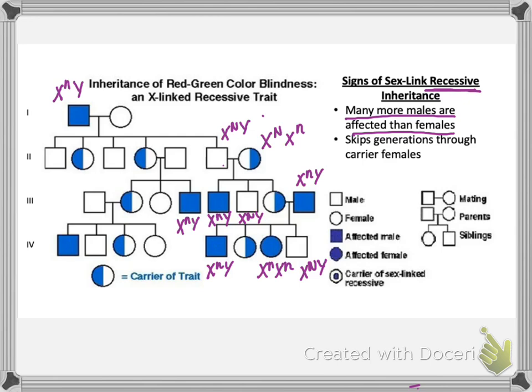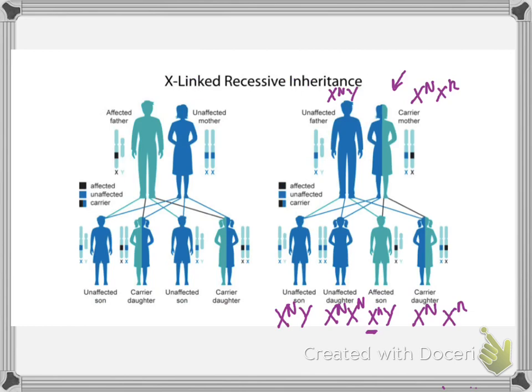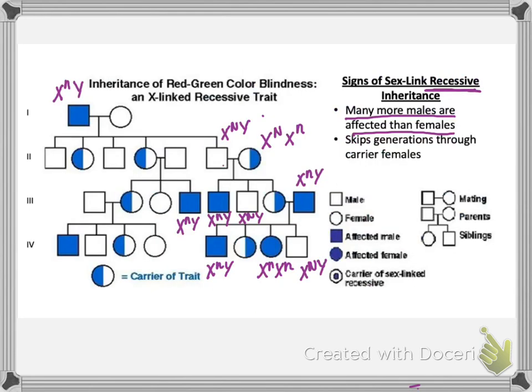Right? Next up, let's go back. An affected father and an unaffected mother. Let's take a look at that. So this would be like the other situation that we have on there. In this case, we know that the mother has to have at least a big N. And let's look at her children. All of her children are healthy. The daughters all get